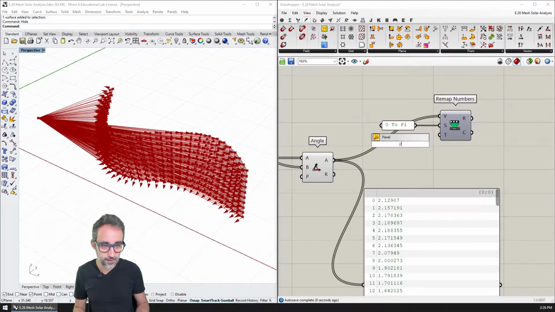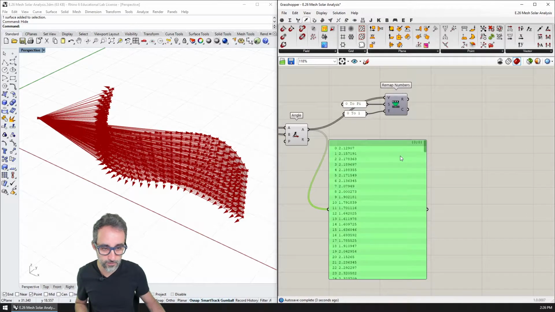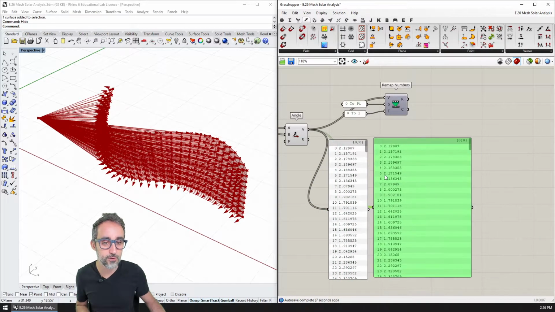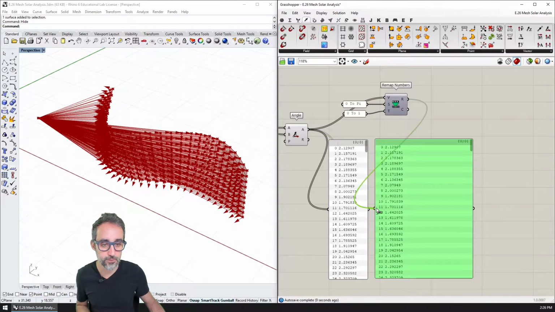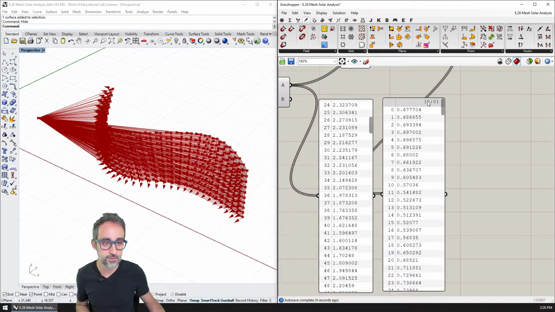And then the target is going to be from 0 to 1, and that's also the other thing that I want. So now you can see that these were my previous angles, and then my remapped angles are going to be these values here.